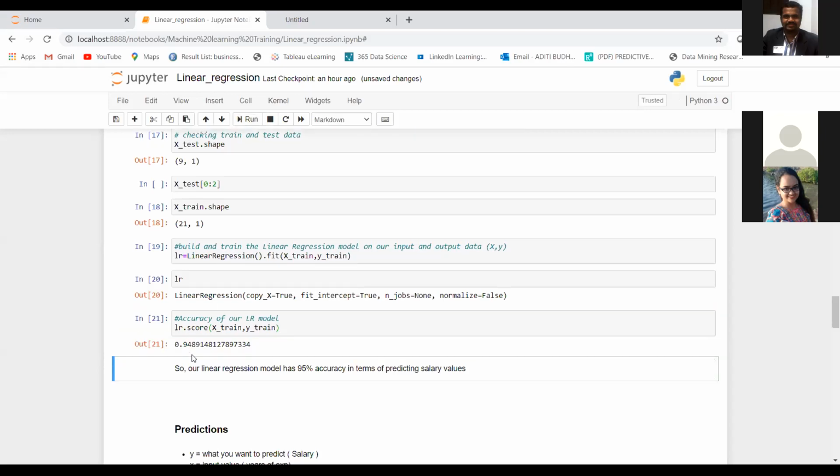Here you will see that our model is almost 95% accurate in terms of predicting the salary values.